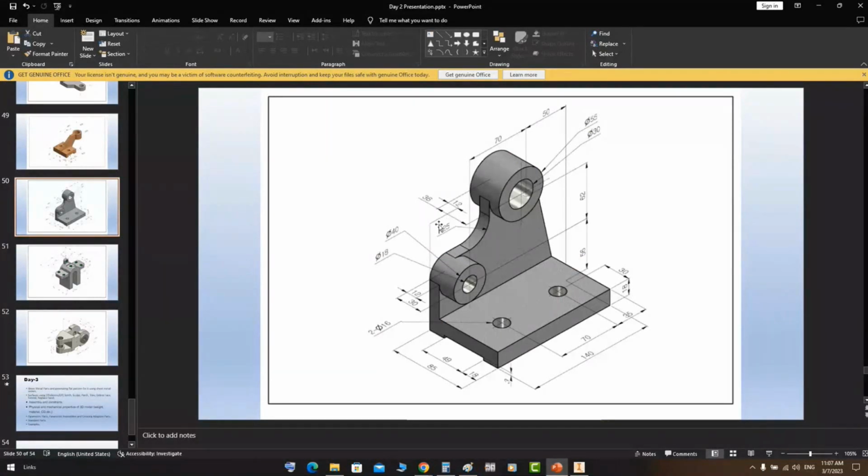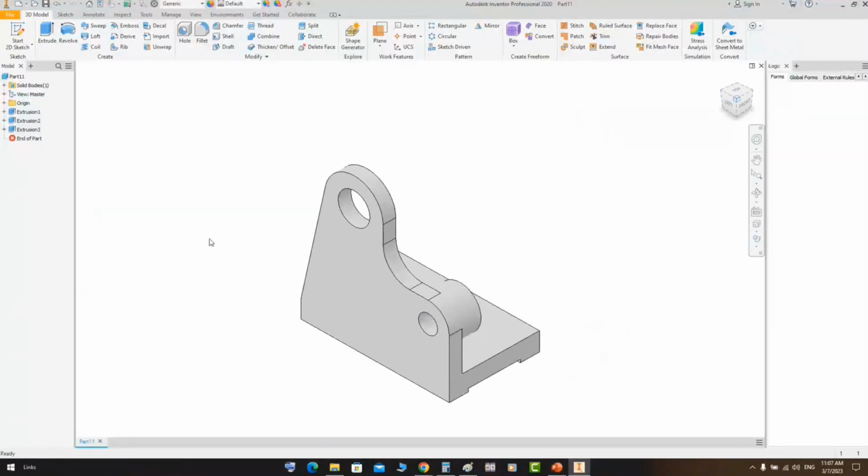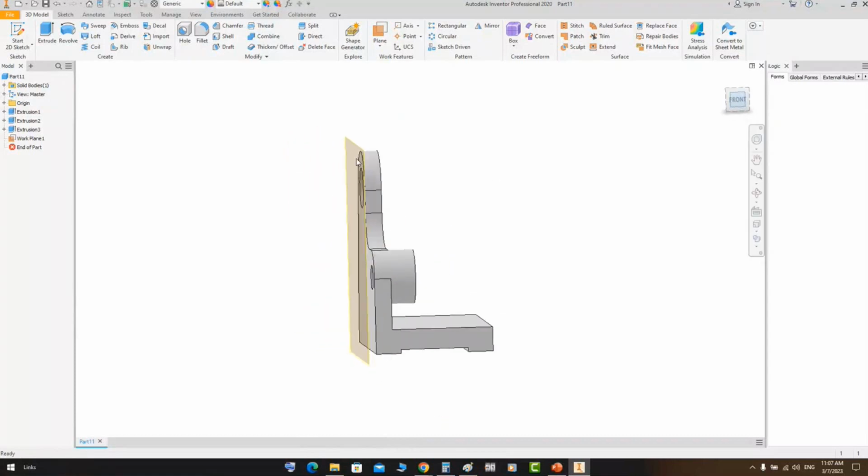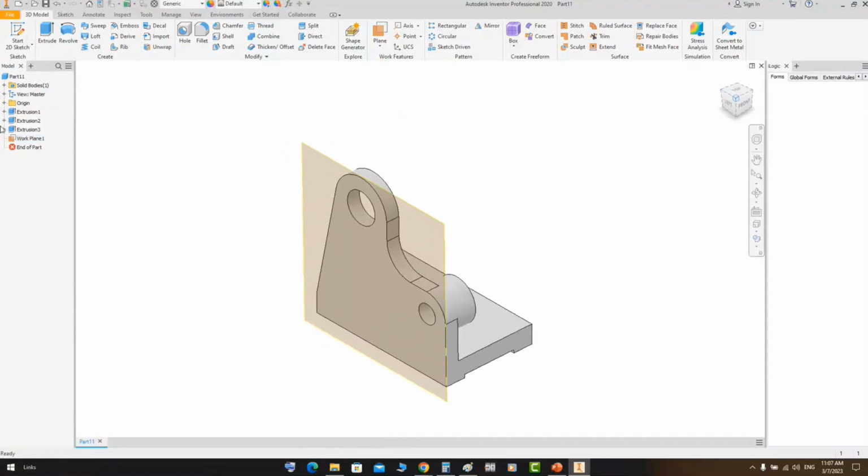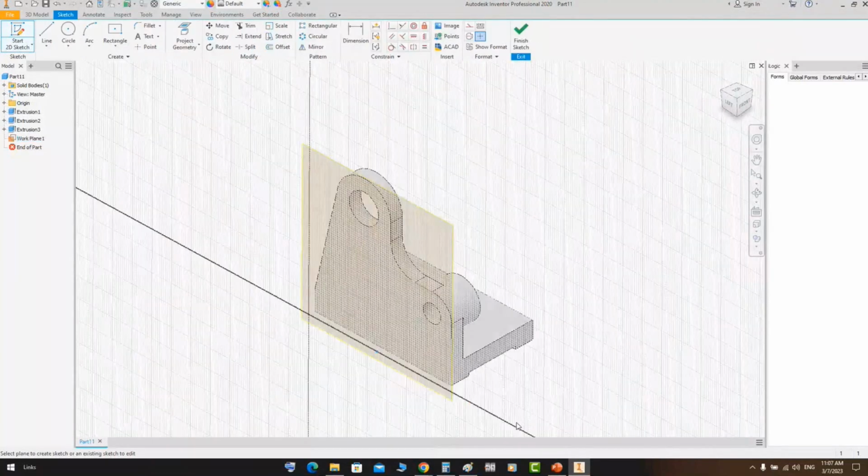The total extrude of this one is 63. Okay, so we have 60 millimeters on that side and have another extrude for that side, and on the middle we have 12. So we can do it by another way. Let's check that way how we can do it. So let's make a work plane with an offset with 6 millimeters here. So let's make a work plane with 6 millimeters offset. Okay, so we have the end plane here, and let's create a sketch on that plane like that,